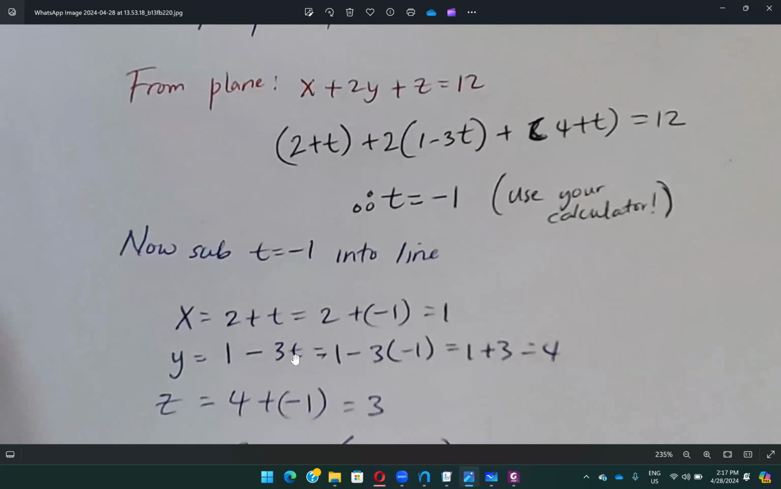Do they have the example again? Okay, so